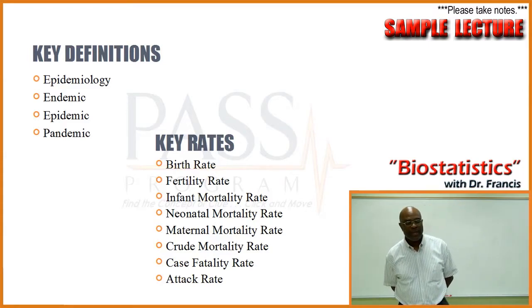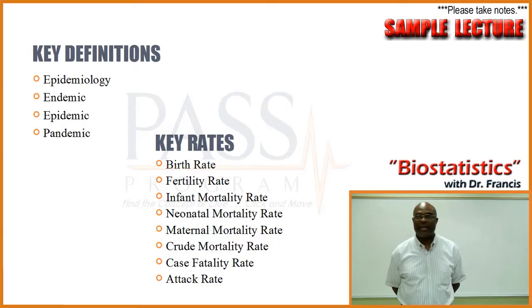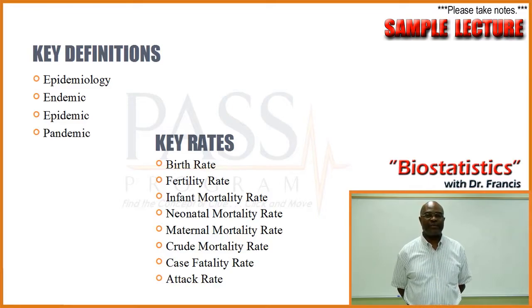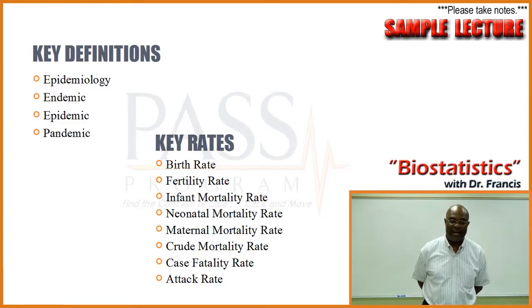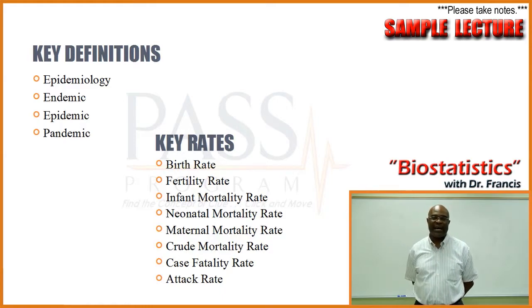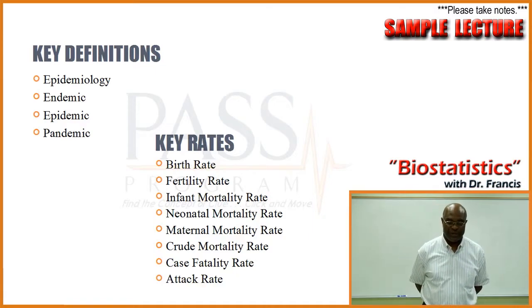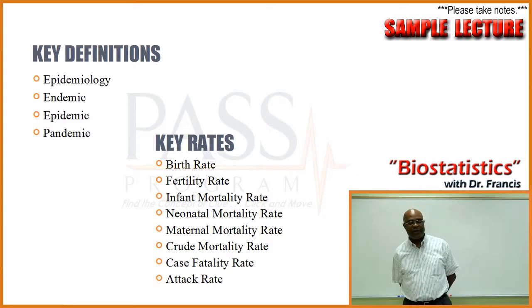Fertility rate is how many live births are given in people of fertile age. Right now it's 15 to 45. So fertility, the term tells me, how many live births per 1,000 people in the fertile years. Infant mortality, the next rate. Infant mortality